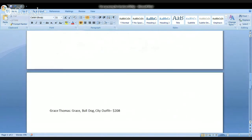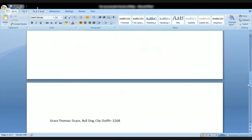So, yeah, do that for somebody like that. Okay, this is the last one, but with the budget making, you could figure out the ideas. So I want to get Grace Thomas. What I do is I figure out, okay, I want Grace, but I also want her dog that she has. I think it's a bulldog. And then I want her city outfit. So what I did is I added all that amount of the price together, and it came out to $208, which including tax would be, I don't know, 215, maybe something like that. So make that your budget, $215